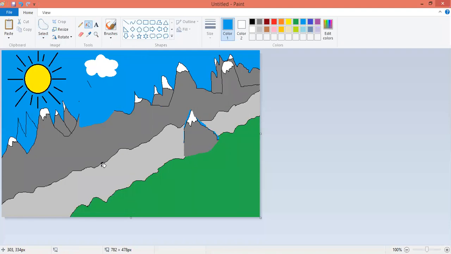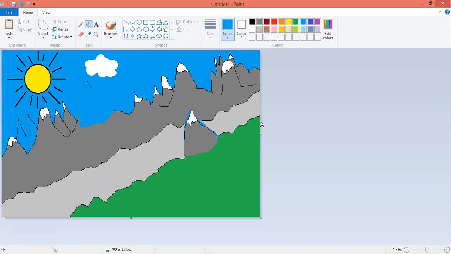How? With the help of the selection tool, we rearrange the picture. We rearrange the elements of a picture, the components of the picture, because mountains are a component of that picture. For example, if you open the picture of any house or any car, you can change the things in that. It's up to the requirement of what you are going to change.